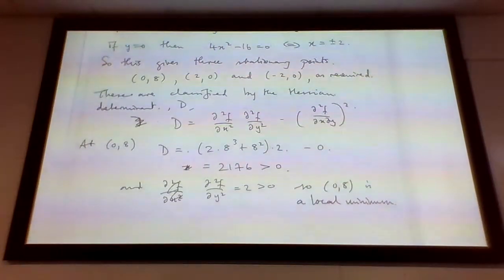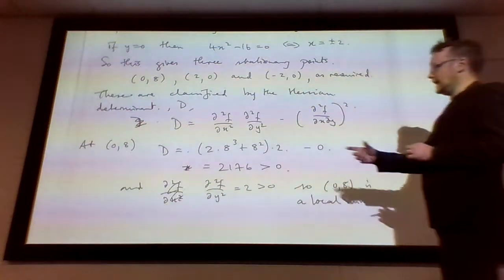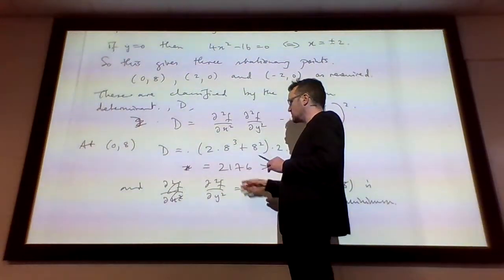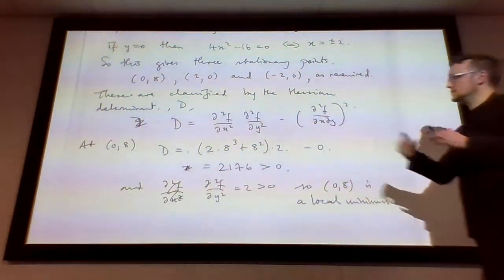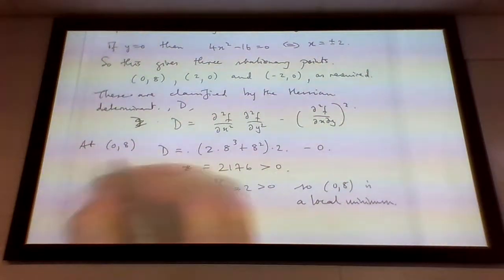We did give more or less the proof of the argument for how this classification scheme works. Remember, by using the first part of the Taylor series expansion of the function around one of these stationary points, we saw the emergence of the Hessian determinant and how it depends on the sign of the Hessian determinant and the sign of this sometimes about what value the nearby points have. So you got one local minimum, and at the other points,